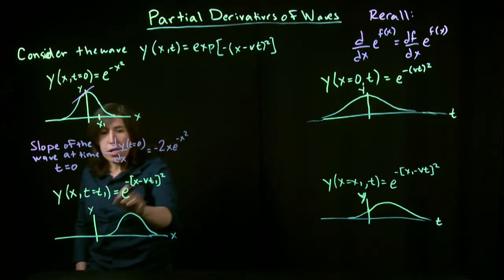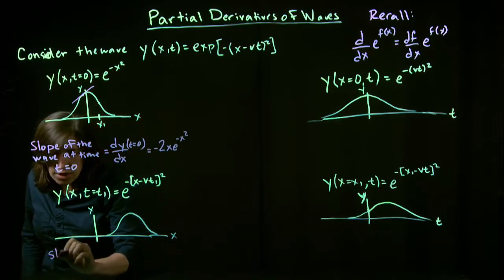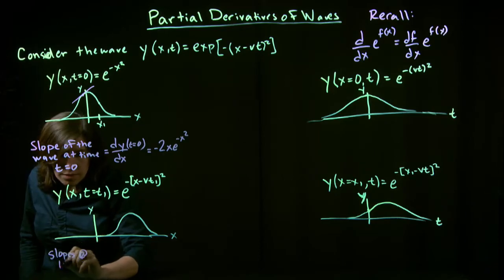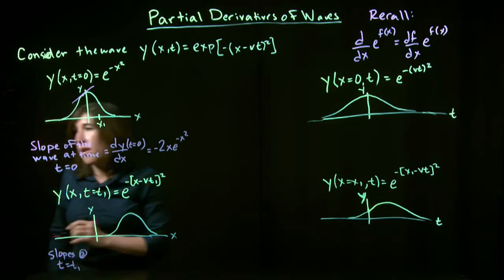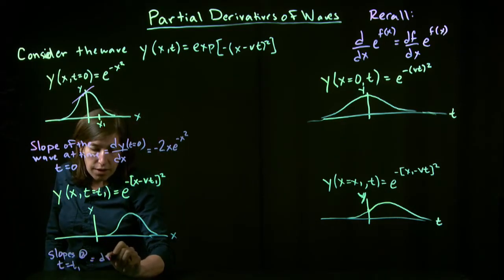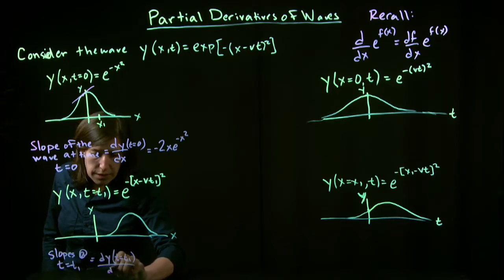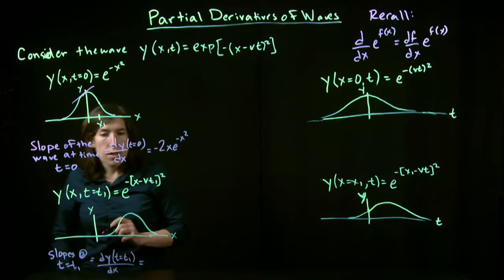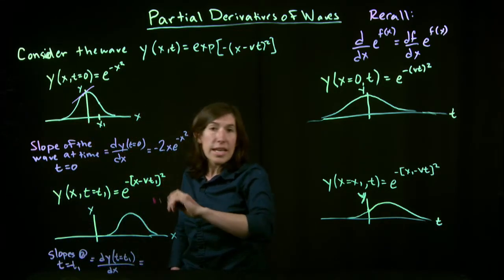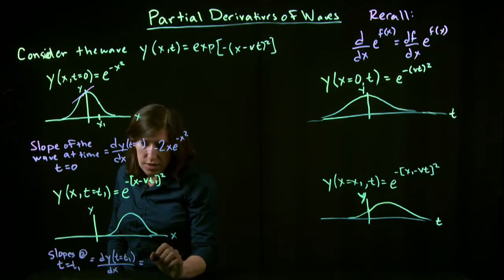And then similarly, we might want to know what the slope is like at this later time. So the slopes, I guess, at t equals t1, our later time. So now again, that's just given by the derivative of y at t equals t1 with respect to x. And so now we have to take the derivative of this. Again, remembering t1 here is just some particular time, so it's just a constant. And so this is given by